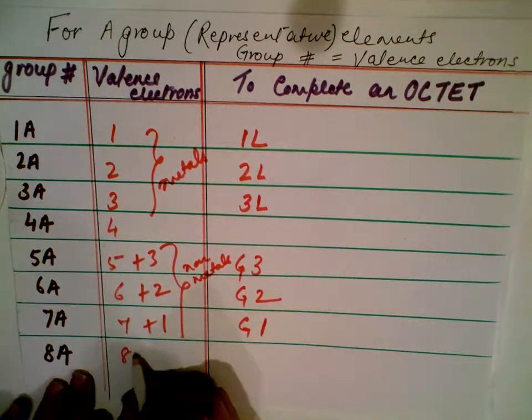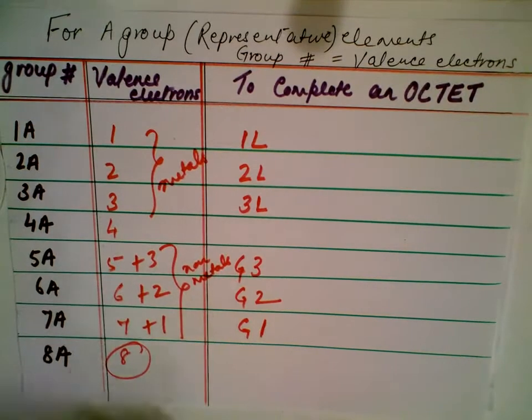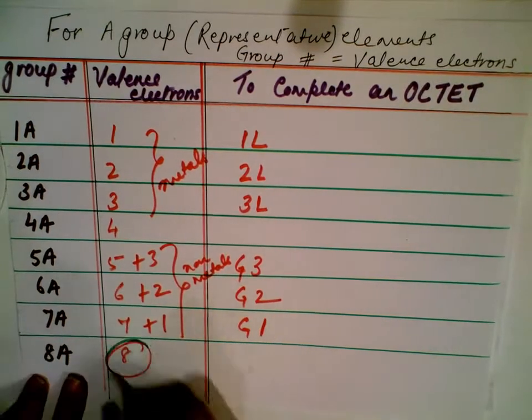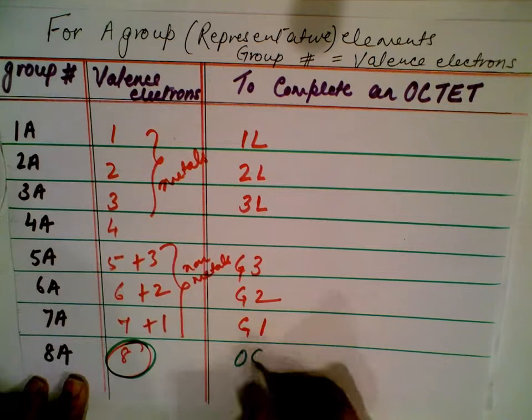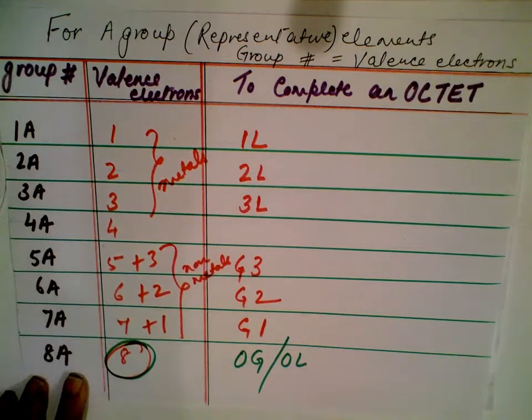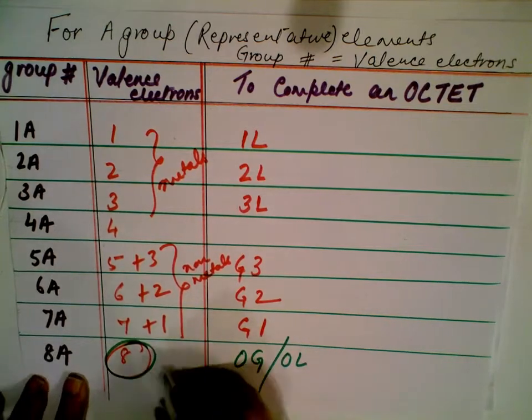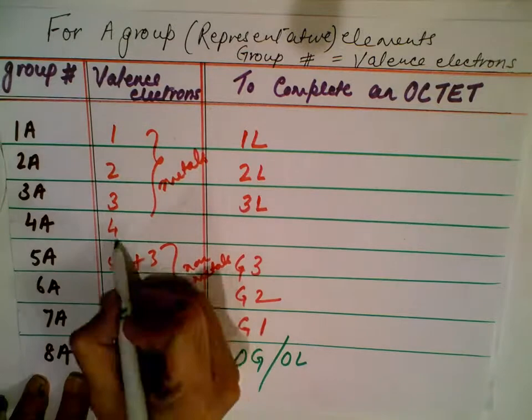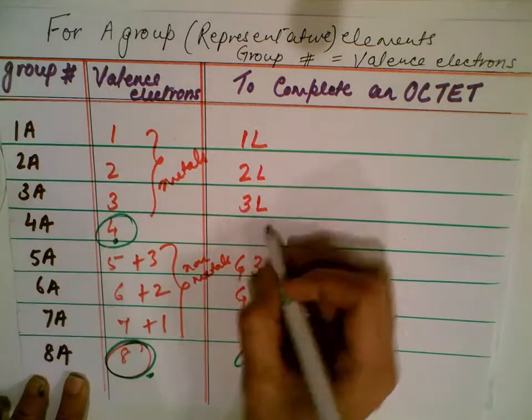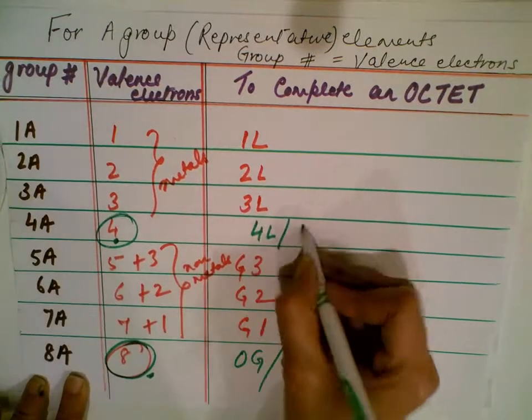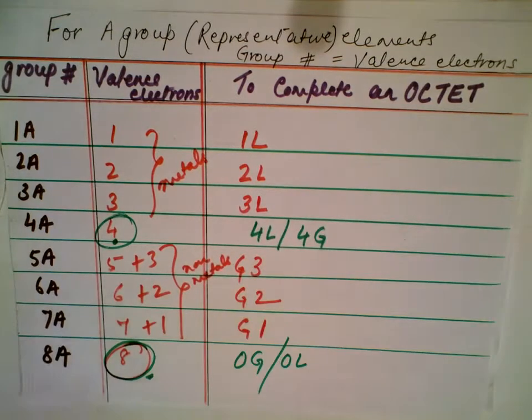Alright, now how about 8? Group 8 here: zero gain or zero loss. It's neither going to gain nor lose since the octet is already complete. Well, we have another one here, 4. How about this one? This could lose 4, or gain 4, or it can share its